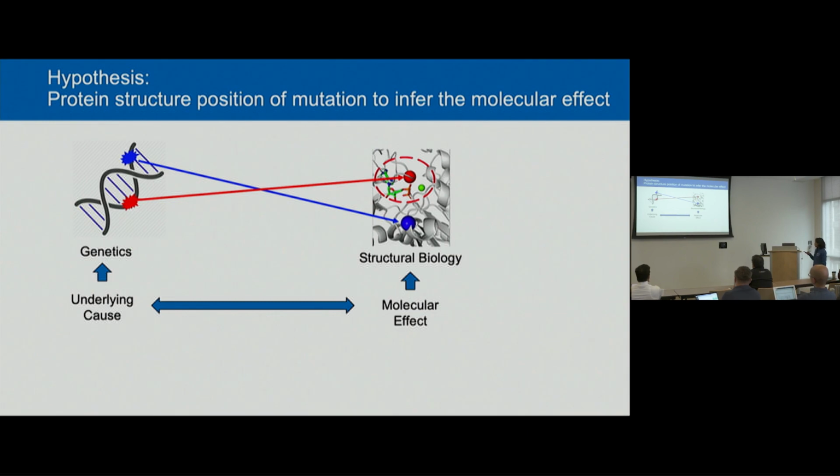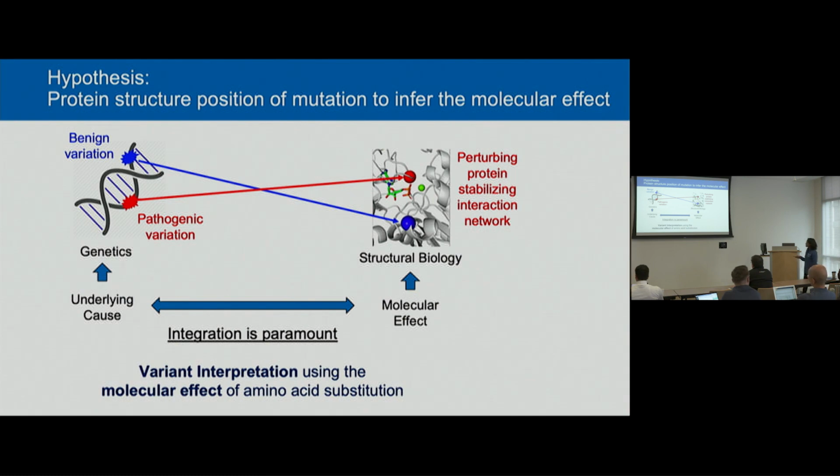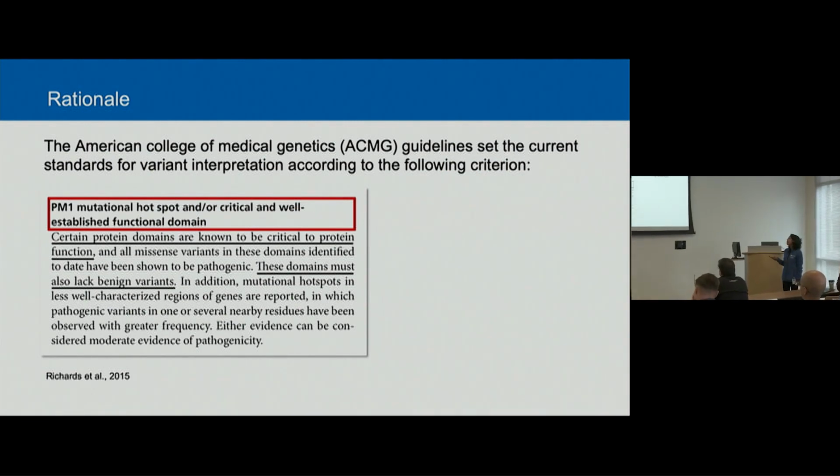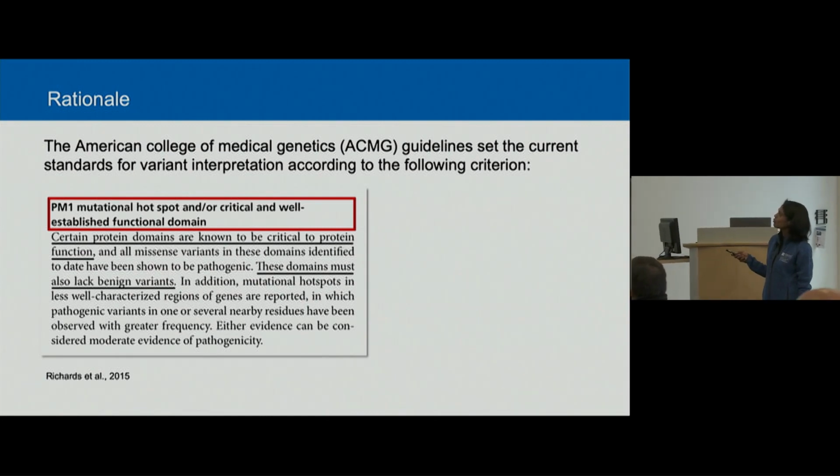So that's why we thought it is possible to link these two fields, to link the underlying cause to the molecular effect. The hypothesis was that variant interpretation can be done using the protein structure, because after mapping, we may be able to say that this specific variant is perturbing the protein's stabilizing interaction network, and that is why this variation is pathogenic, and the other variation is not pathogenic but a benign variant. So we thought that now is the time to integrate these two fields under this hypothesis, right? And there is also a set of rationale behind this work, and one important one is the PM1 criterion for variant interpretation,